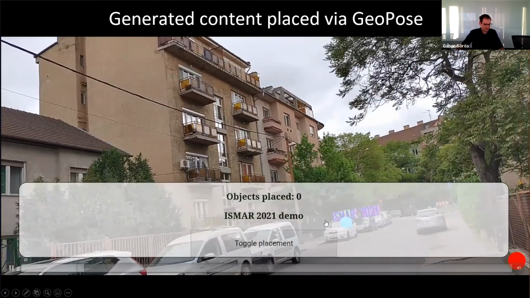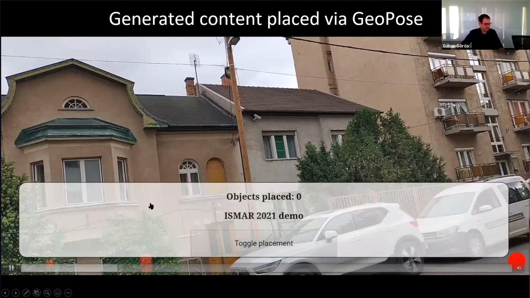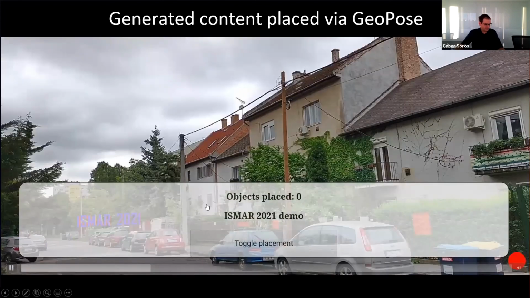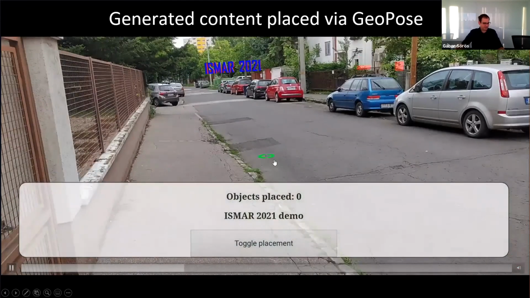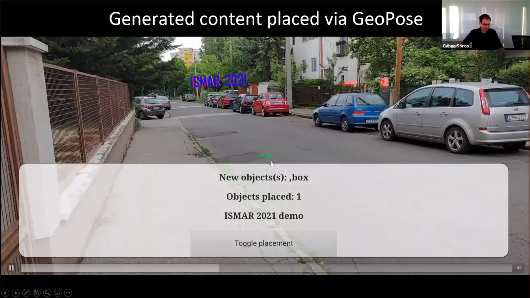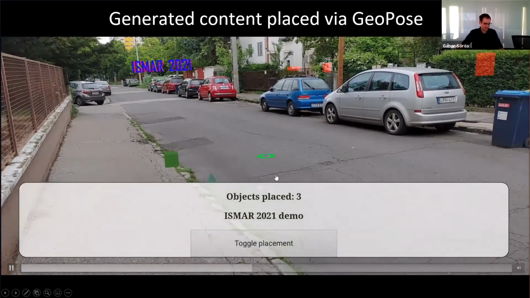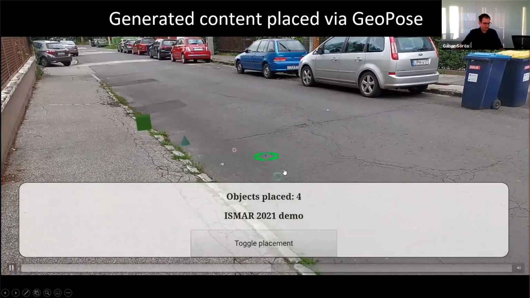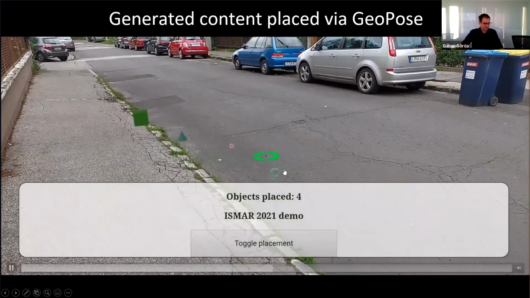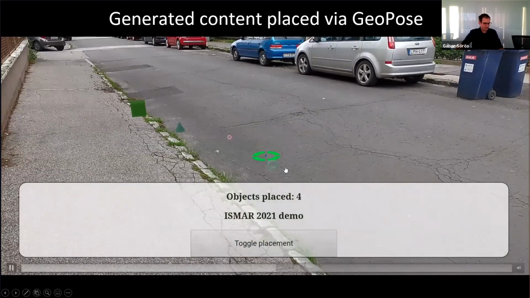There are some ISMAR logos on both ends of the street. So you see that there are some virtual objects. And then the next thing, I got this hit test from WebXR, and I click, and it determines the inverse where the hit point is on the ground.